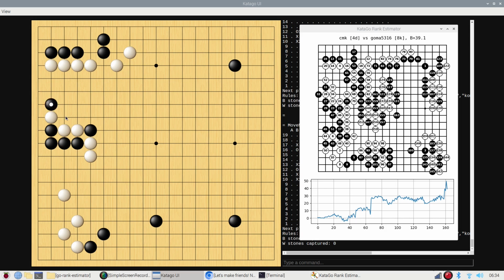Here, by the way, a much better continuation is to play here. That's another move that KataGo suggested to me earlier. Let's see if it does here. Yeah, it does. And if, say, white resists, then